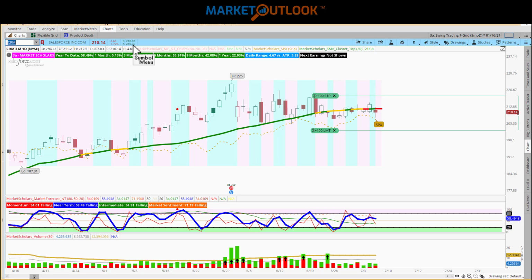I did not do it as an options trade. It was just a straight selling short of the stock, similar to what I did a couple of weeks ago with Disney, and then the next week after that with Starbucks. So you can obviously trade bearish options on it if you wanted to, but I didn't find that the percentages I was receiving when I kind of tested them out were attractive enough for what I was hoping